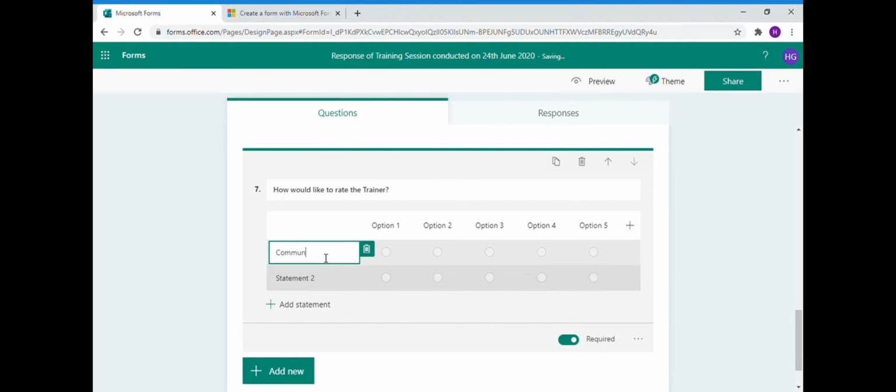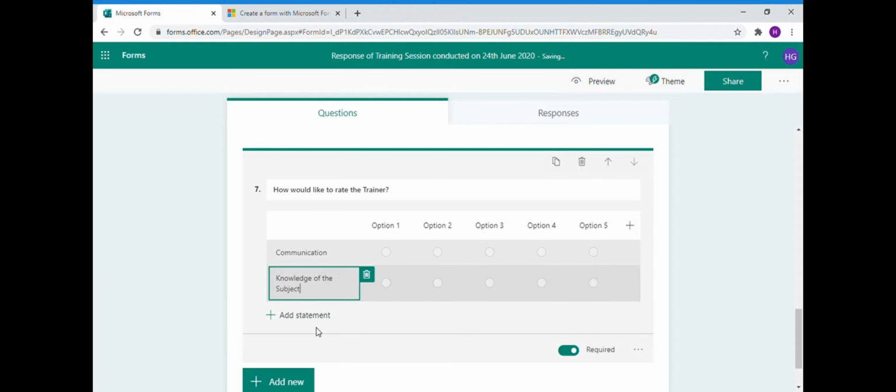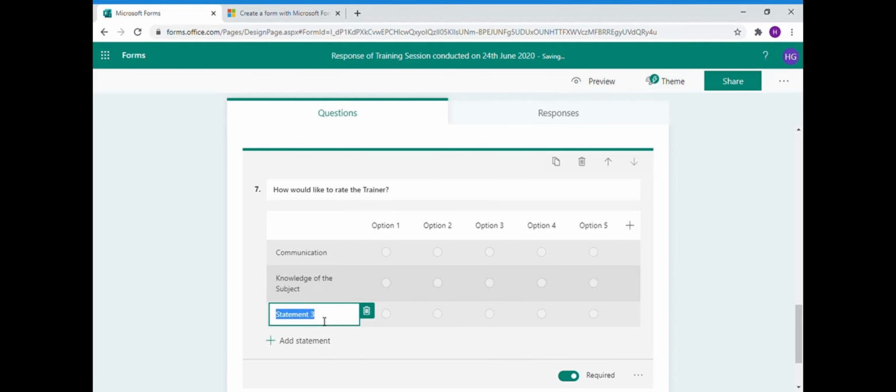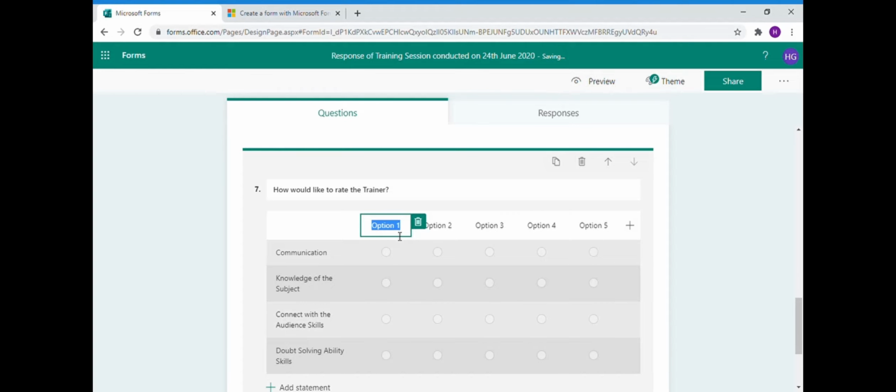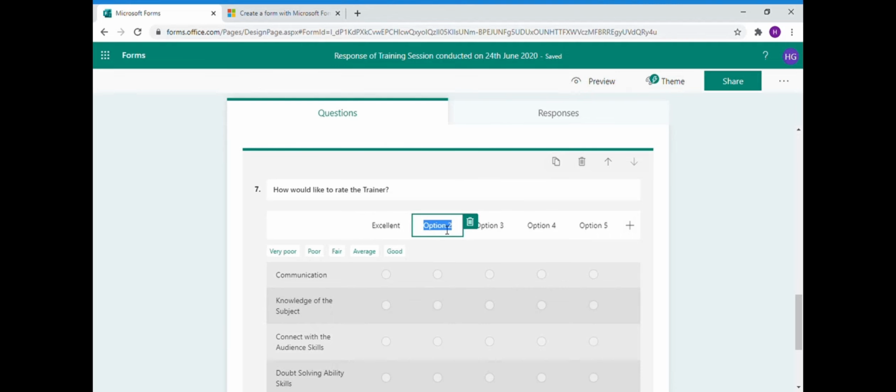So I would like to rate him on communication, on his knowledge of the subject, on his connect with the audience skills, his doubt solving ability skills, I'm sorry, etc, etc, etc. And if I want to give options like excellent, so obviously if you see over here again,